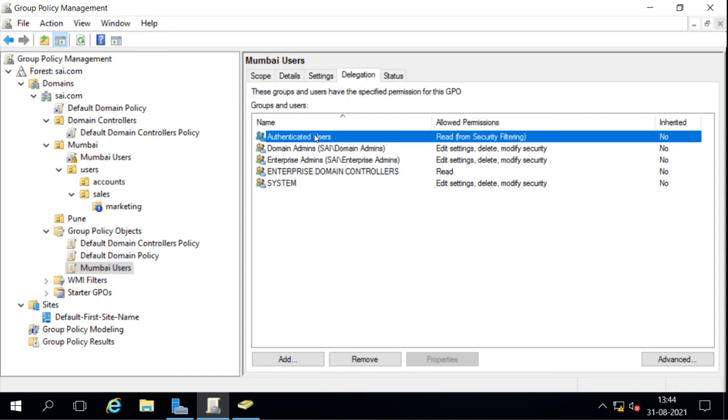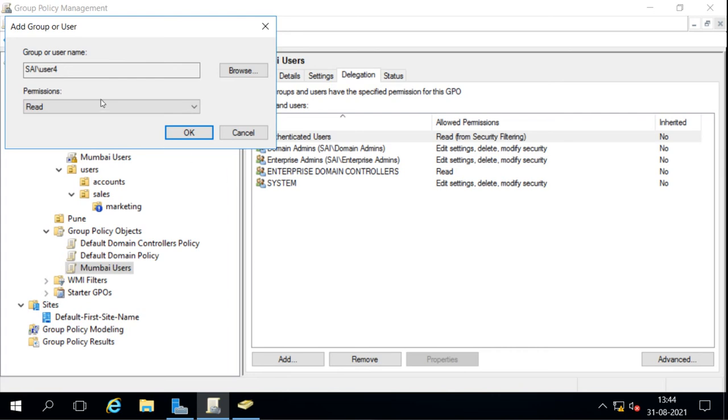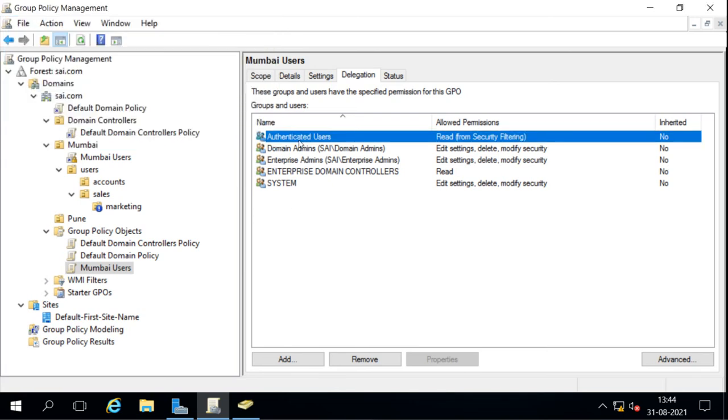We can add any other users here, for example, I am adding user 4 here. You can give the permission to read, and you can give the permission to edit settings, delete, modify, and security. These are the delegation permissions you can give to specific users or groups.